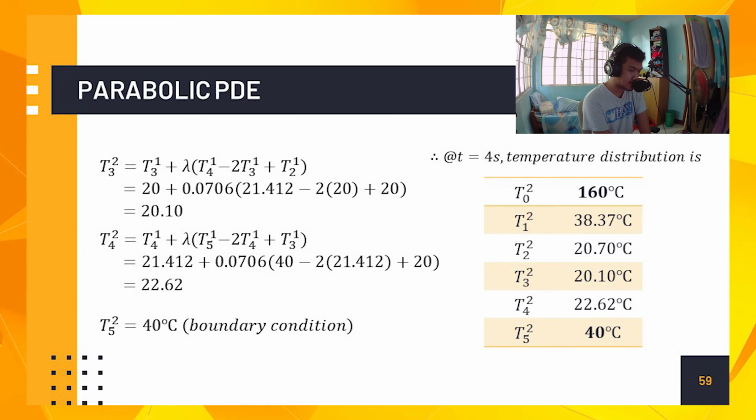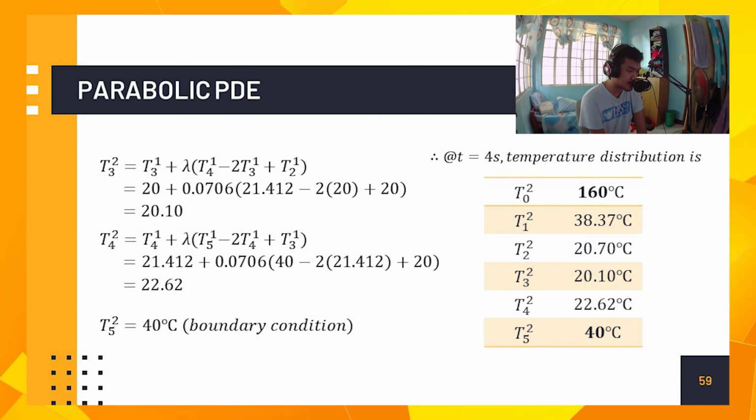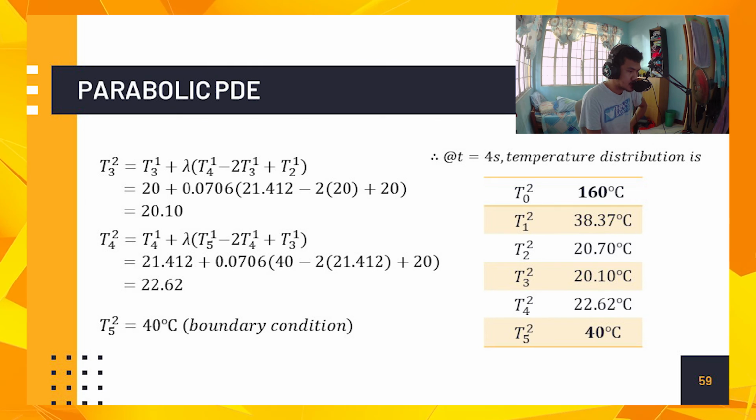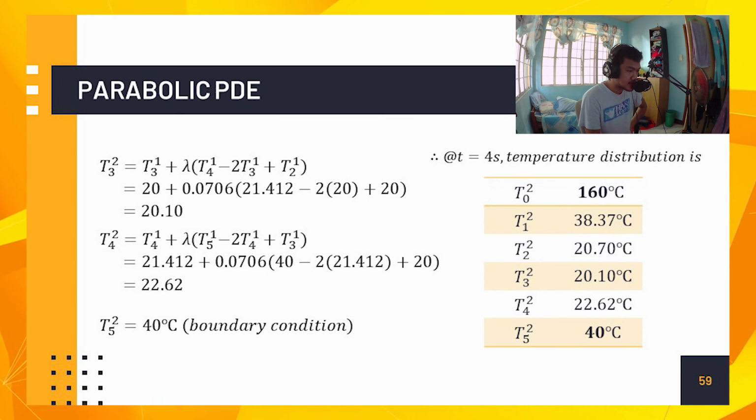20.10. For T sub 4 raised to 2, it is equal to T sub 4 raised to 1 plus lambda times the quantity of T sub 5 raised to 1 minus 2 T sub 4 raised to 1 plus T sub 3 raised to 1. And that will give 21.412 plus 0.0706 times the quantity of 40 minus 2 times 21.412 plus 20, and that will give